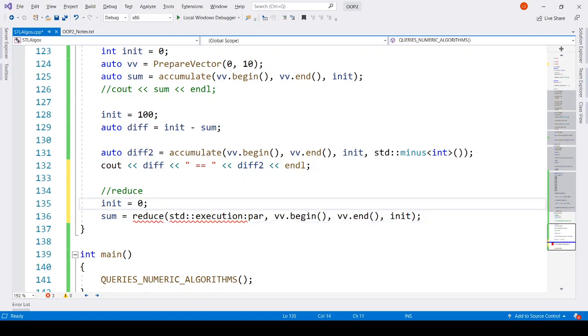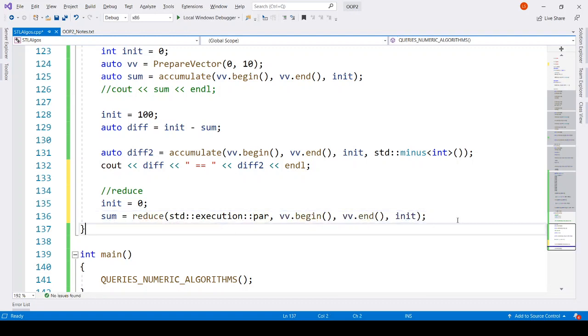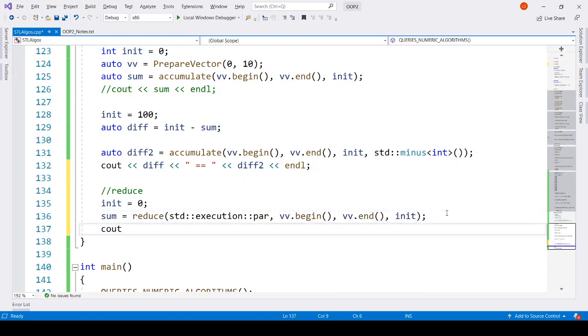Standard execution, what is the error? Okay, so double quotes should be there. Yeah, now let's print what is the sum. Let's comment this out.